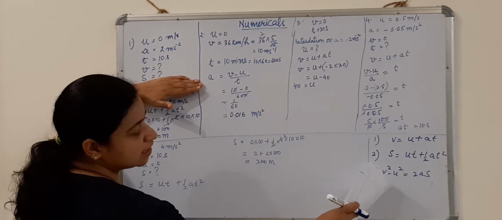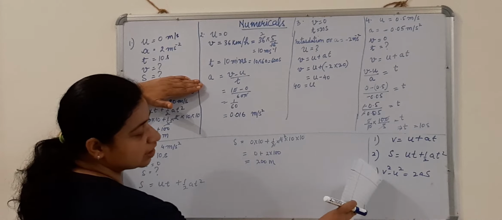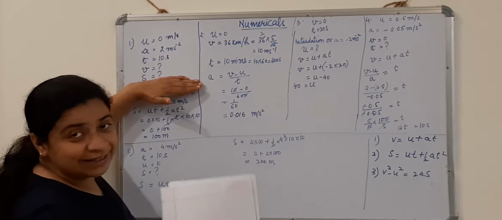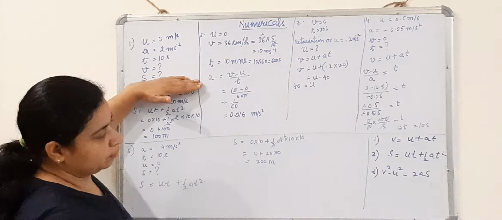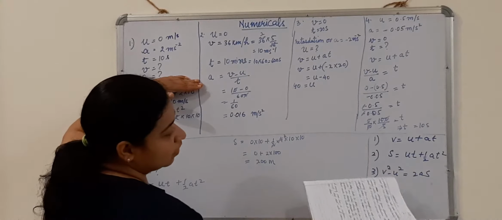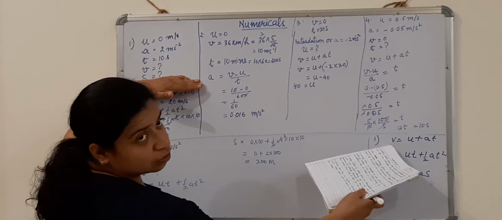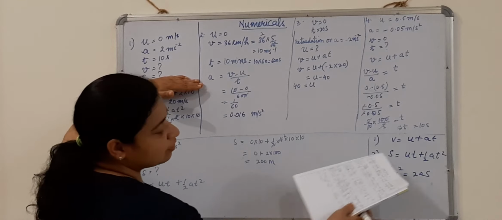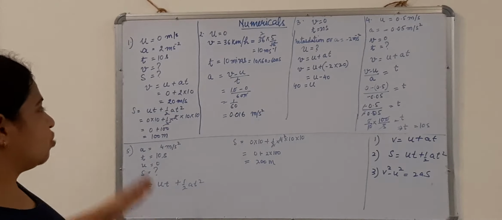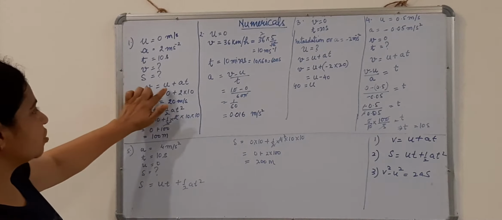We cannot use this equation because in this equation there is v also and s also, and these 2 quantities are unknown. We can do one thing. We can use this equation to find out the value of v and this equation to find out the value of s. So I have done that only. v is equal to u plus at. Here u is 0 plus a is 2, I have put the value 2, t is 10, so I have put the value here 10. 0 plus 20 is equal to 20 meter per second.